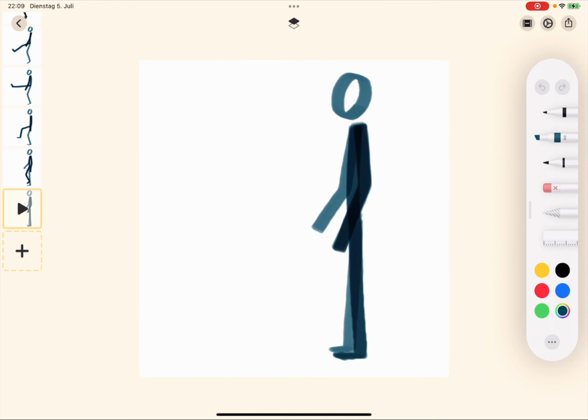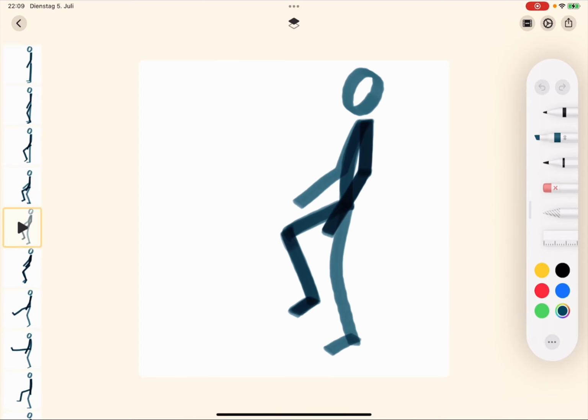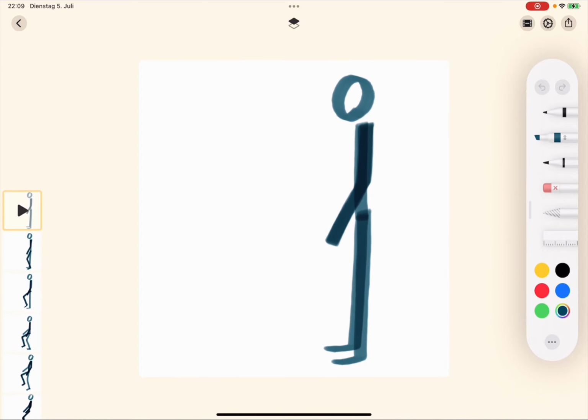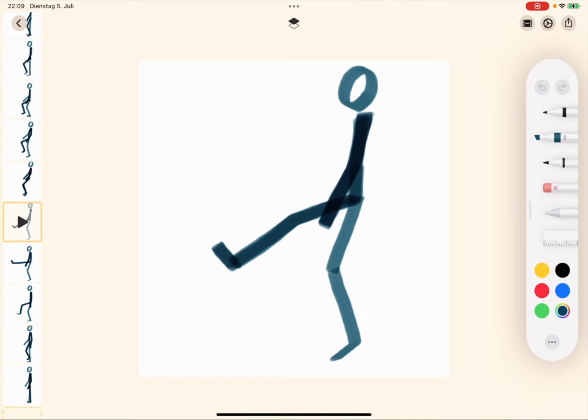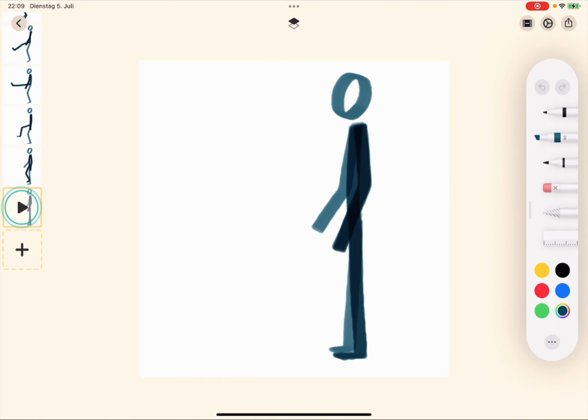When you have reached the last frame and are satisfied with your animation, you can now press the play button to play the entire animation.